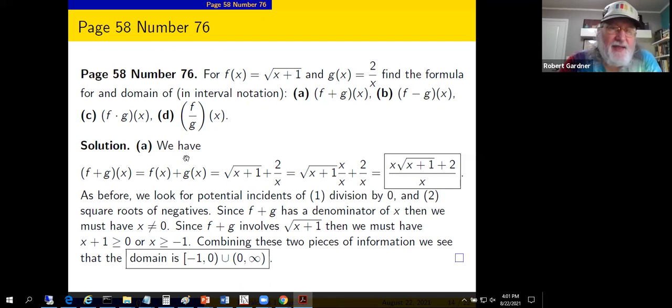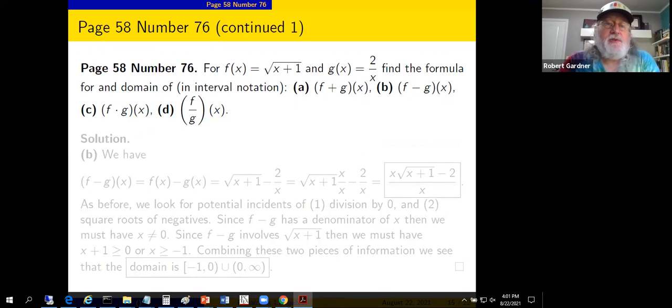Basically, we'll have a negative there, there, there, there, and there. We'll have the same problems. We'll have the same division by zero concern, and we'll have the same square root of negative concern. So part B,